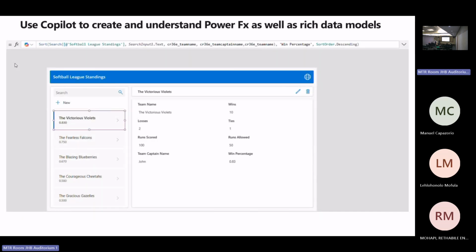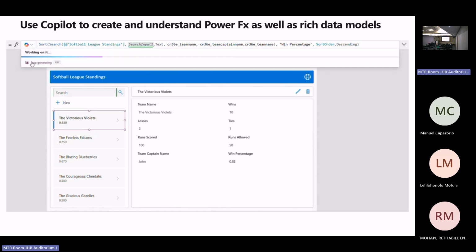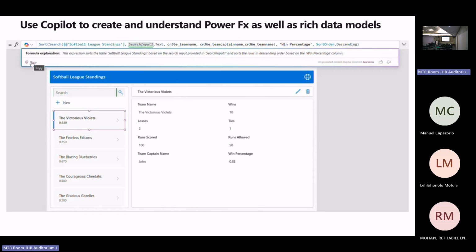Right, so now we get to the AI stuff. So first of all, use Copilot to create and understand PowerFX as well as rich data models. So this is very handy. You can give it a piece of PowerFX and you can ask it to explain it for you. This is very handy if you don't understand other people's code, or if you don't understand your own code from a year ago,